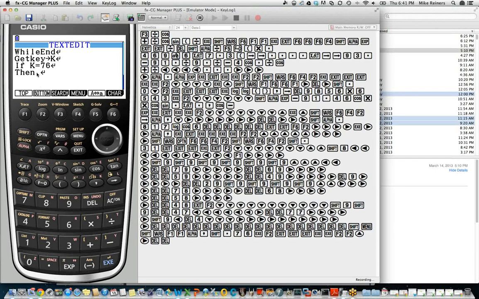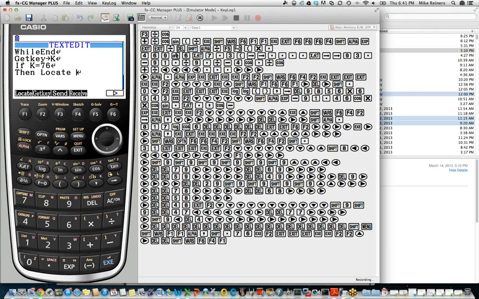So if K equals 76, then what? Then we want to output an A. And we're going to use the locate command to make that A appear exactly where we want it to. So shift program, next page, F4 for input output, and F1 for locate.